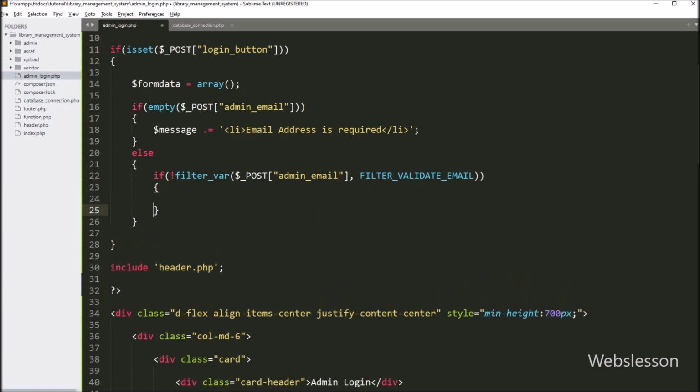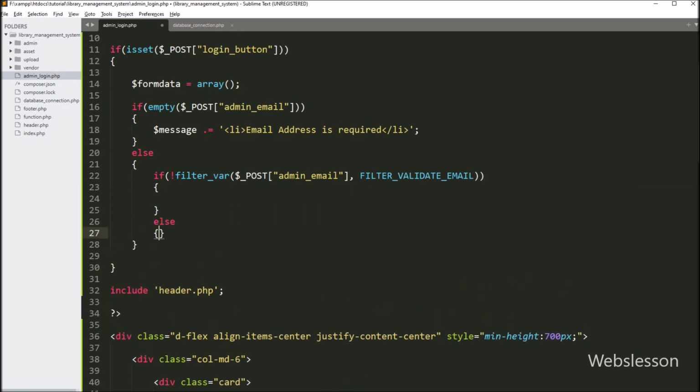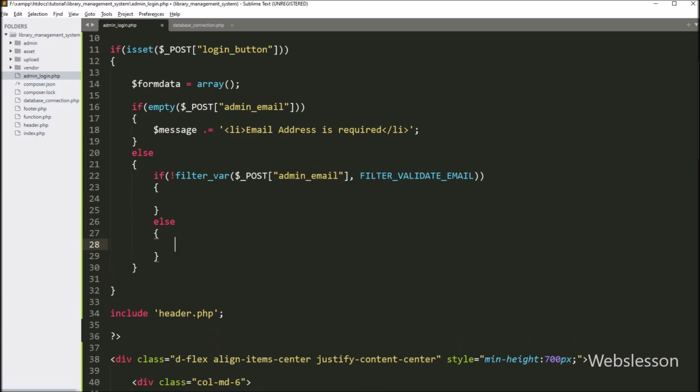This condition will check if the email is not in the correct format, then it will execute the if block of code. And under this block, we have written the $message variable, and here we have appended an error message like invalid email address. But suppose admin email is in valid format, then it will execute the else block of code. And under this block, we have written the $form_data admin email variable equal to the $_POST admin email variable.